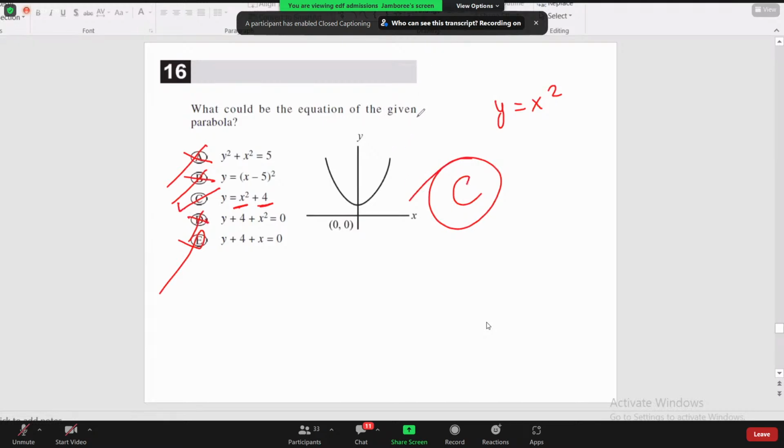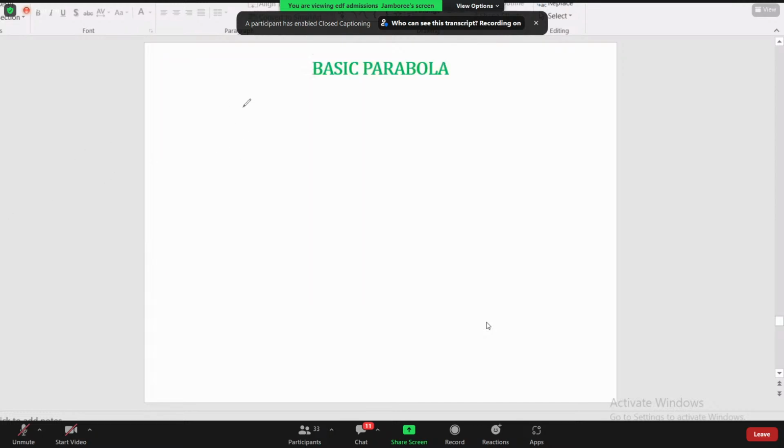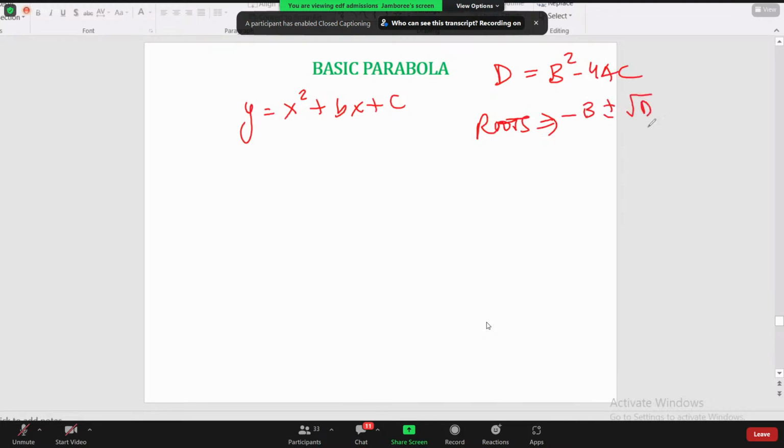Now this is about the nature. The second thing which you need to notice is we are talking with respect to a quadratic function which is x square plus bx plus c. So if you remember the quadratic equation as a concept we discussed, we discussed the discriminant formula, which is b square minus 4ac. And we said that the roots of the quadratic equation go by the formula minus b plus minus under root d upon 2a. Now, we also discussed what will be the nature of roots, wherein we discussed if